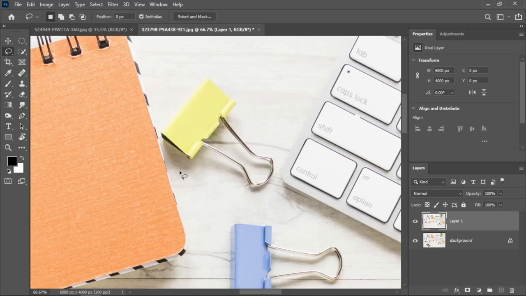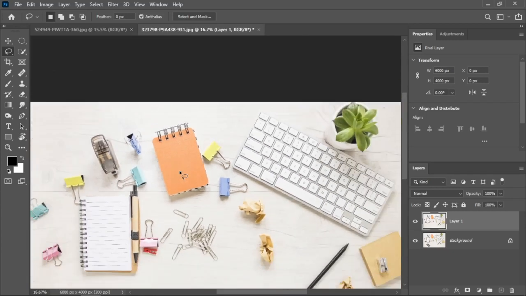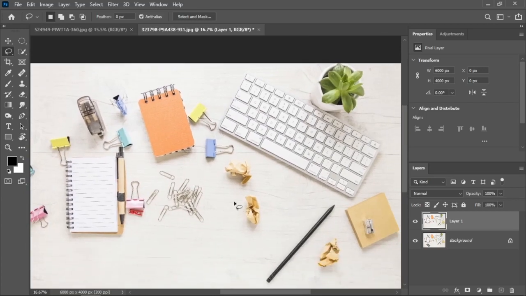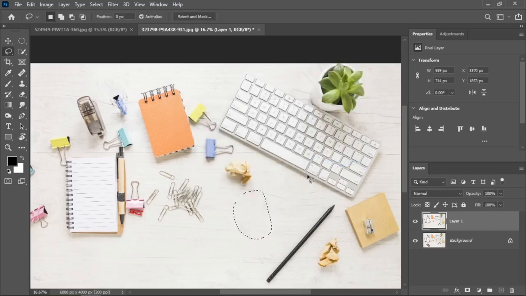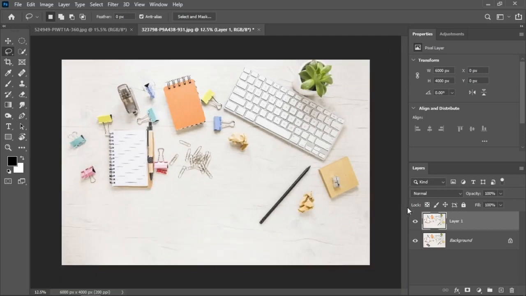So whenever you are using content aware, make sure that there is a lot of free space around the area. Like I can easily remove this, just right click, fill and content aware, and just like that it is gone. So if you want to see before and after, this was the before and this is after.